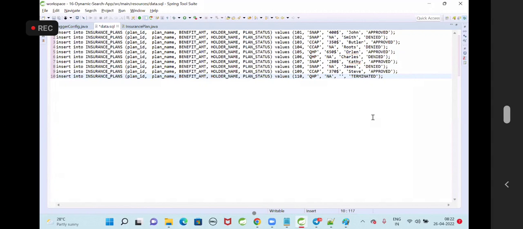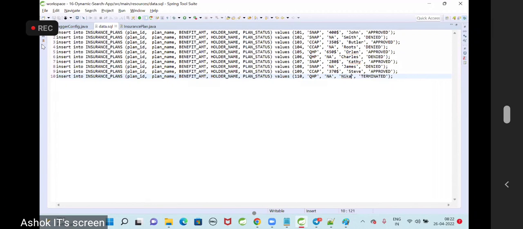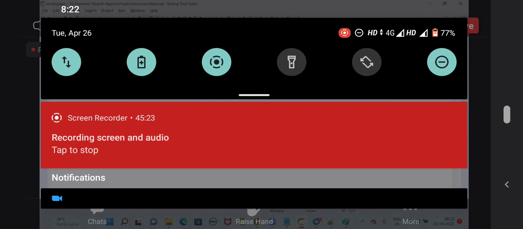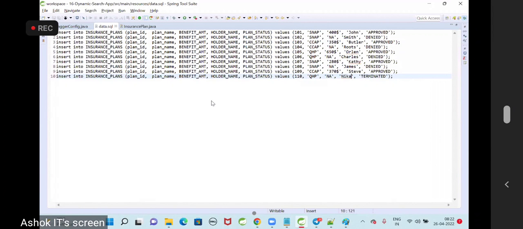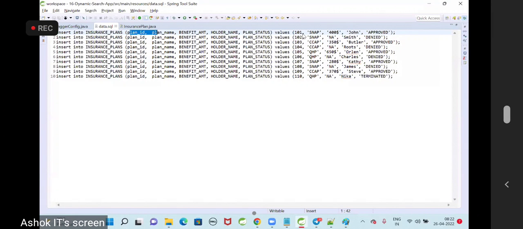Columns. Insert it into insurance plans. What is my table name? Insurance plans is my table name. Plan ID, plan name, benefit amount, holder name. Insert into insurance plans, plan ID, plan name, benefit amount, holder name, plan status. Values 101, snap, plan ID 101, plan